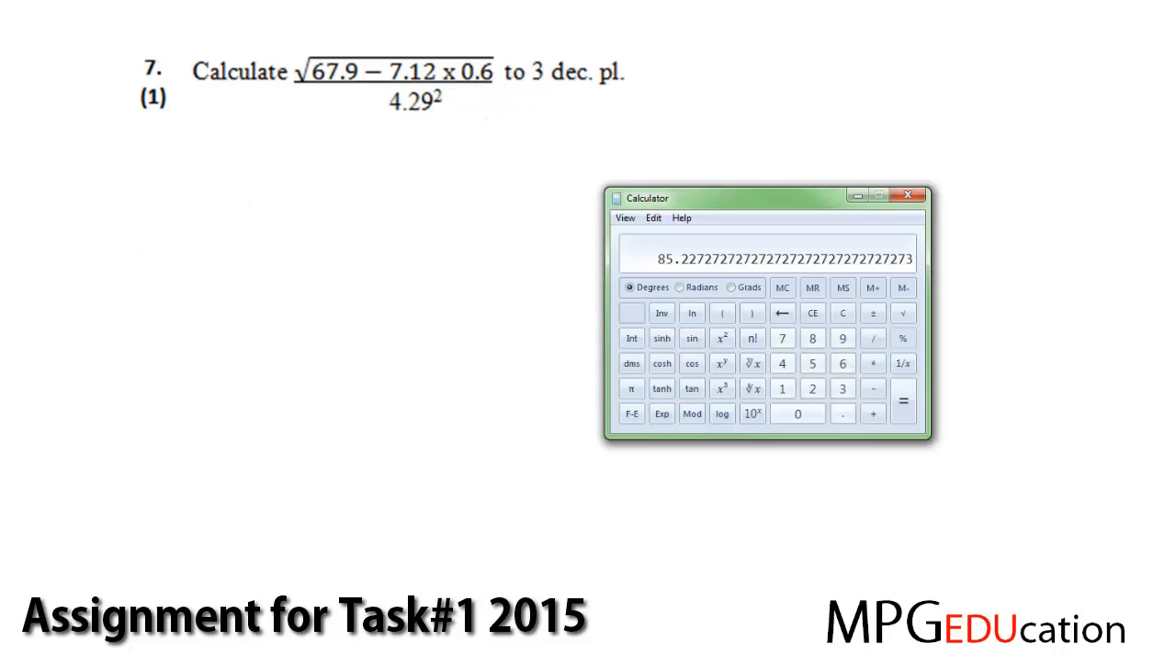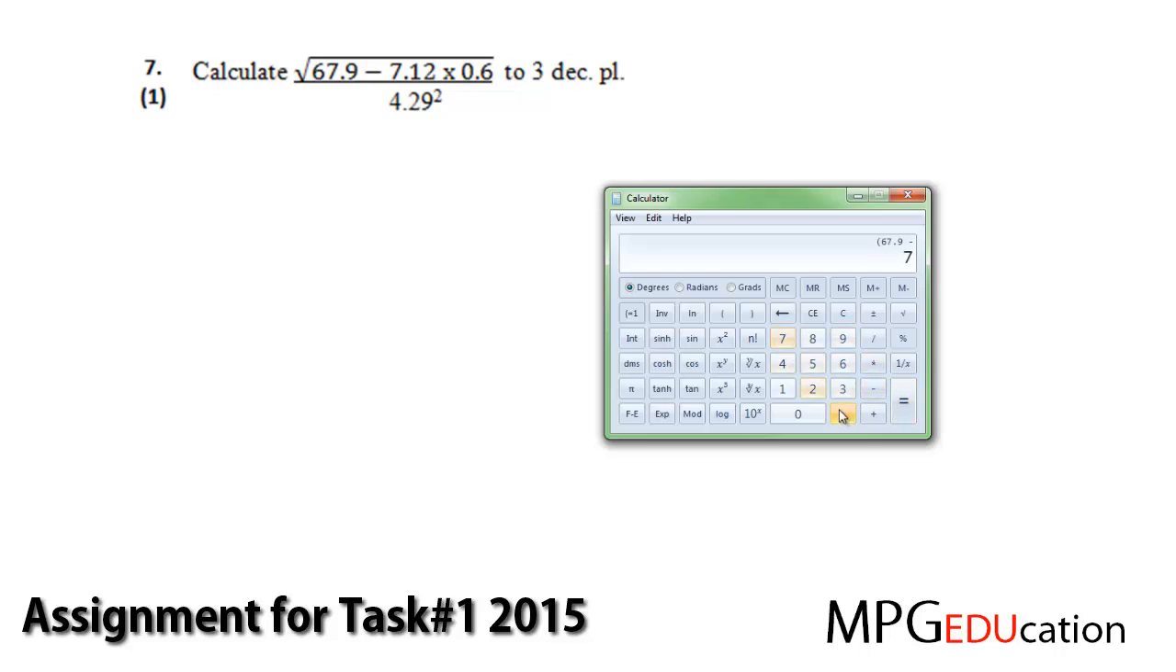Calculate the square root of all of this divided by 4.29 squared to 3 decimal places. It's really just a calculator question. So we'll bring in the calculator. Clear our last solution. So we'll do all this at the top. I'm going to use the brackets here. 67.9